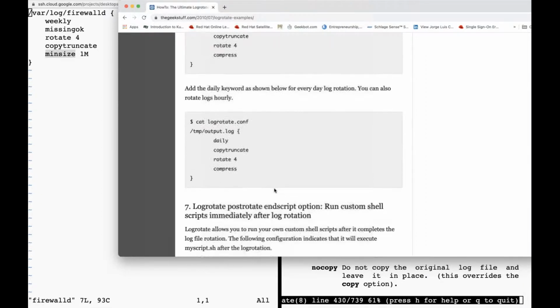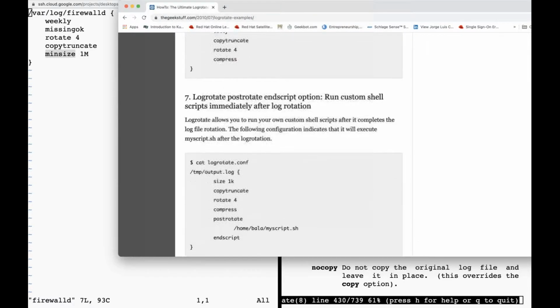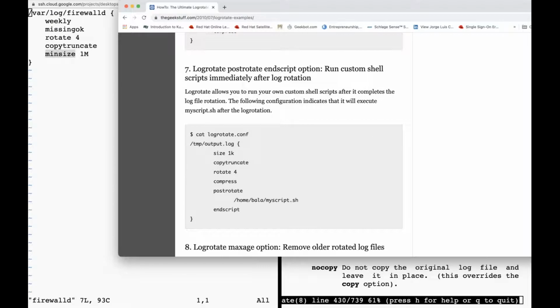I'm gonna let you tell me because they all look the same right here. So this is not a good example, but this is. All right. So what do you think size is when you look at it? What does size say when we do a man on size for log rotate? And let me tell you how I did it. All right. So